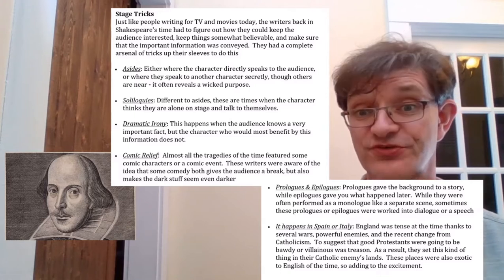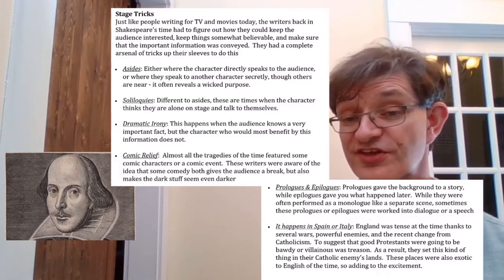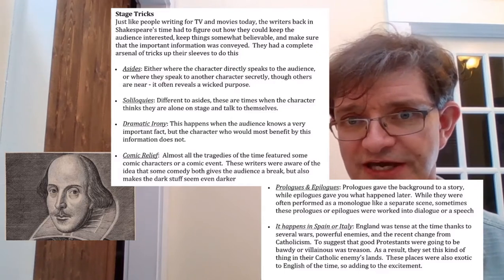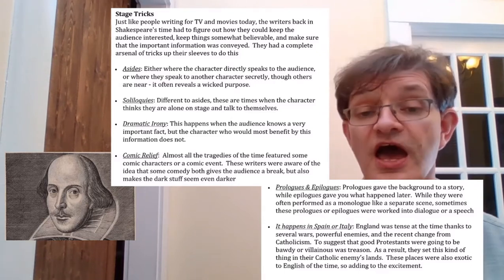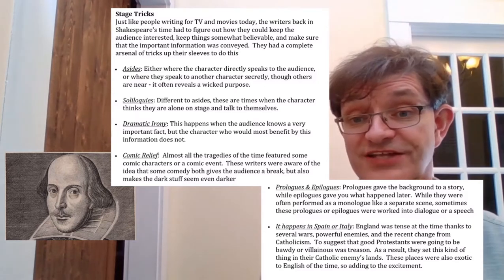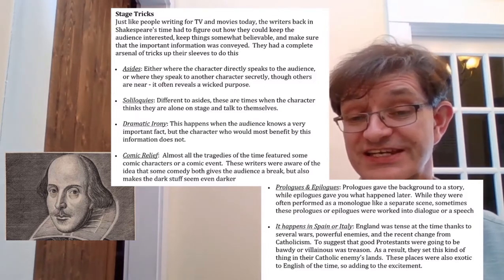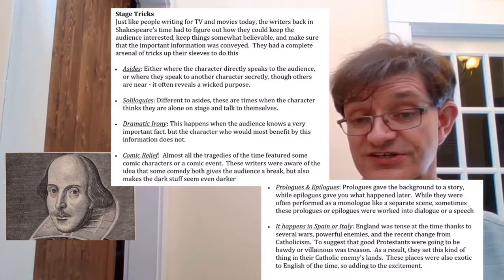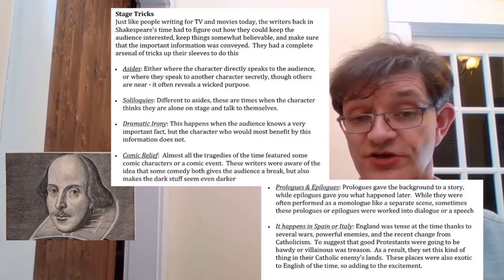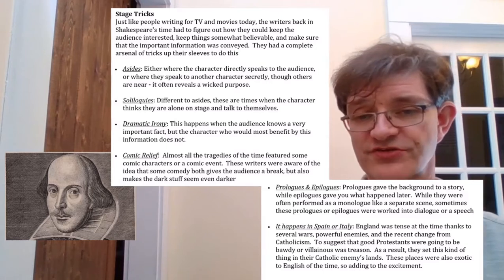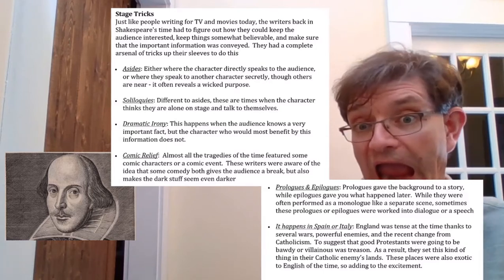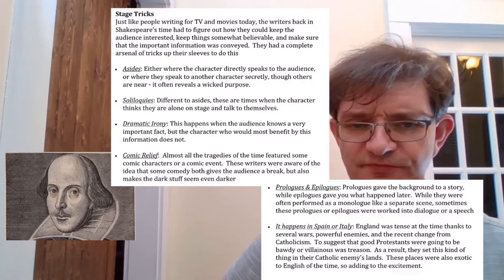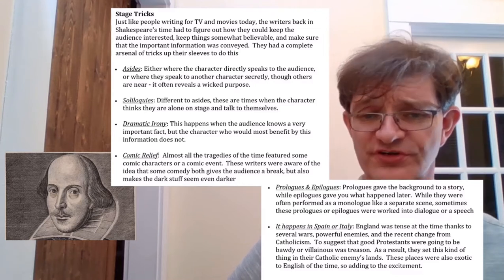In Romeo and Juliet, the audience knows, spoilers on a 400-year-old play, look away now, probably need to plug your ears. The audience knows that Juliet is only pretending to be dead. She has taken a potion that makes it look like she is dead, but she's not. The audience knows this. Romeo doesn't know this until too late. Dramatic irony. Comic relief. And that's what we're going to be talking about, the Porter as regards.